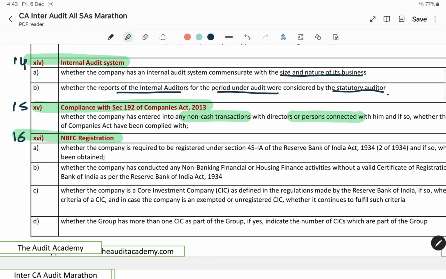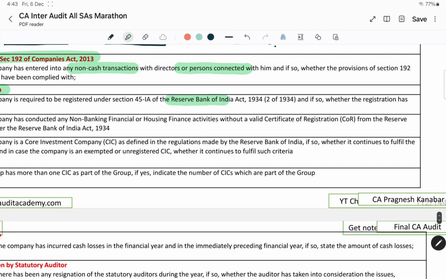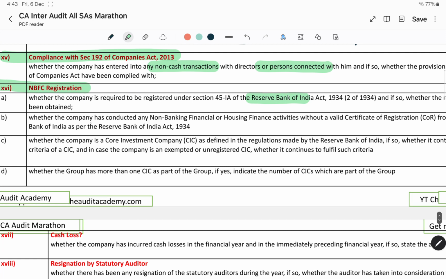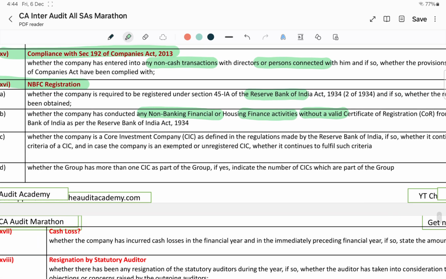Clause 16, NBFC registration. Whether the company is required to be registered under Section 45-IA of the Reserve Bank of India Act, and if so, whether the registration has been obtained, whether the company has conducted any non-banking financial or housing financing activity without a valid certificate of registration from the RBI as per the RBI Act 1934,